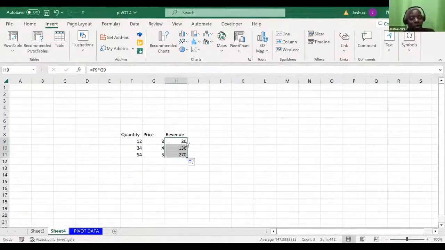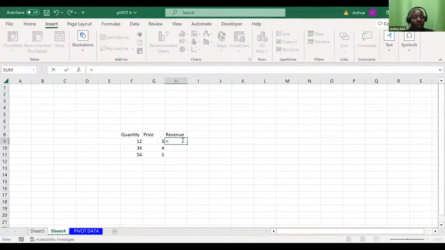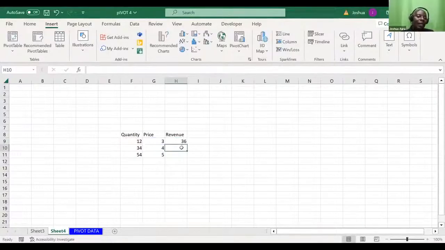I would want to say Control Z to repeat again. What have I done in this cell? I must always activate a cell by saying equals. So I can even say price, and then I say times quantity here, right? If I say enter, no problem, but it will pick the next cell. That's why I like saying here, you must learn this.